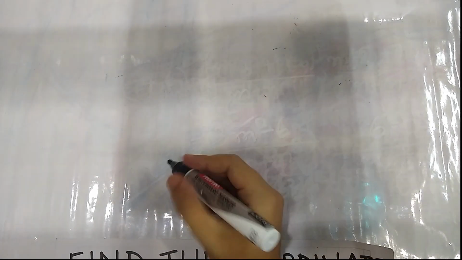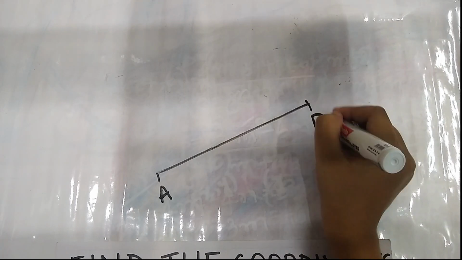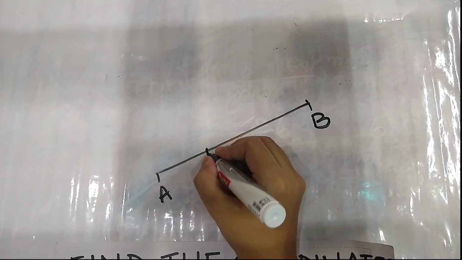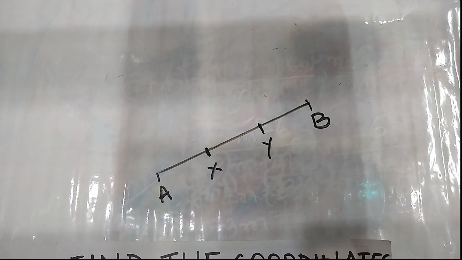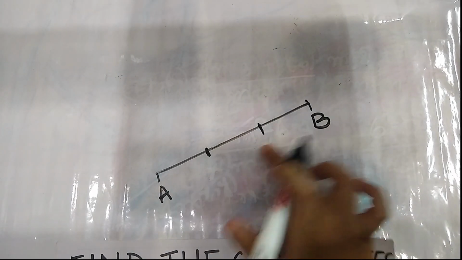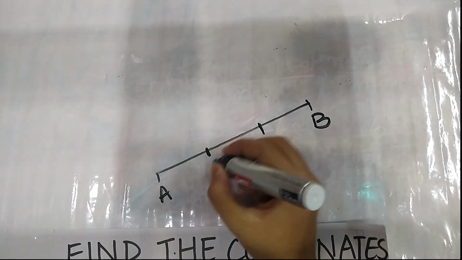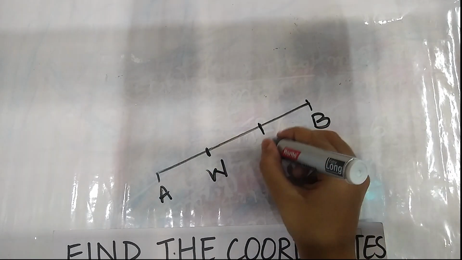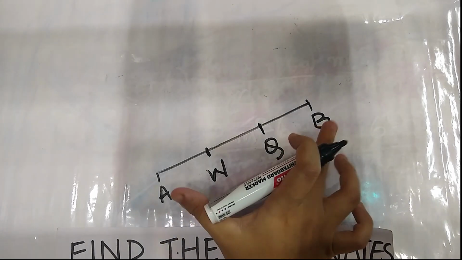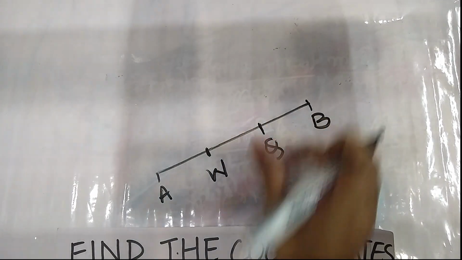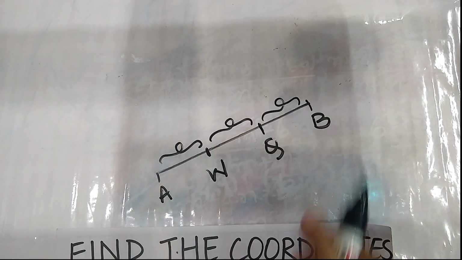If I have a line, alright, A, B, and I have 2 points, x and y maybe. Let's just not use the coordinates that we are already using. We are using x and y as coordinates, so let us maybe name it as w and q. Alright. So if you see, this line segment is divided into 3 parts. Right? This is the first part, this is the second part, and this is the third part.